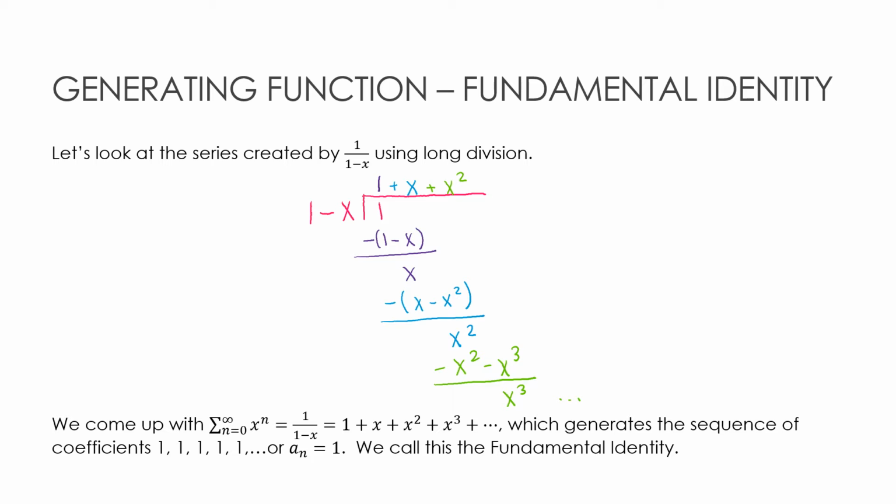Now, in order to accomplish everything that we want to accomplish, we need to know some rules or identities. Keep in mind that my goal is to be able to find coefficients that are in front of certain values. That's our end goal. So let's take a look at what we call the fundamental identity, and that is created by taking 1 divided